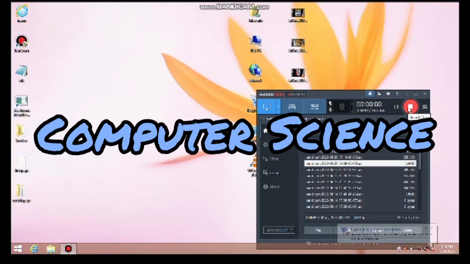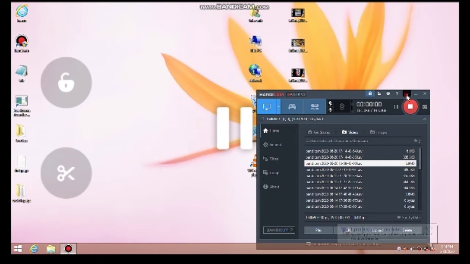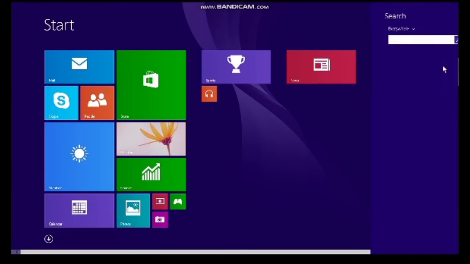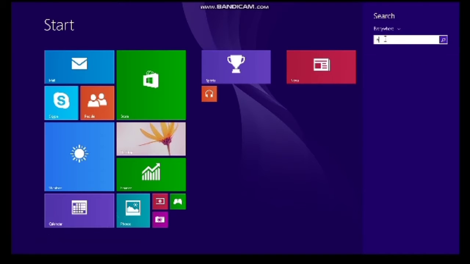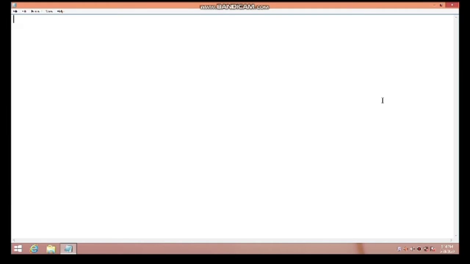So today in this class I am going to show you the HTML coding of ordered list and unordered list practically. So we do all the HTML coding on Notepad. So first we open the Notepad. This is our Notepad. So what do we write? First we write HTML, right?